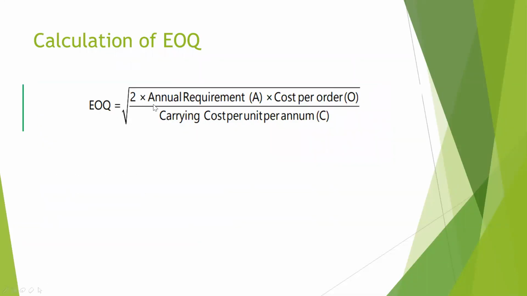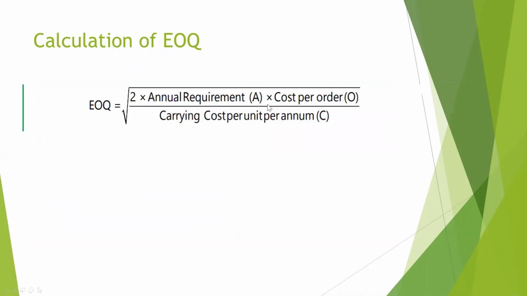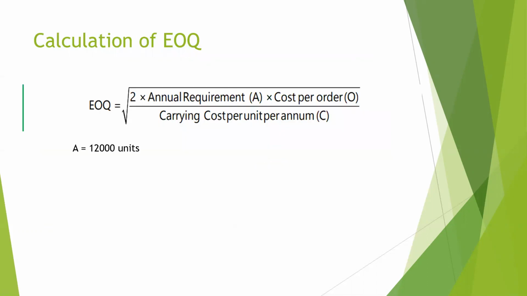So again, we'll be requiring these three components: annual requirement, cost per order, and carrying cost per unit per annum. The annual demand is given to be 12,000 units. The cost per order has been given in the question as 1,800. Carrying cost, we'll find out by multiplying the cost per unit with the percentage, that is 640 into 18.75%, giving